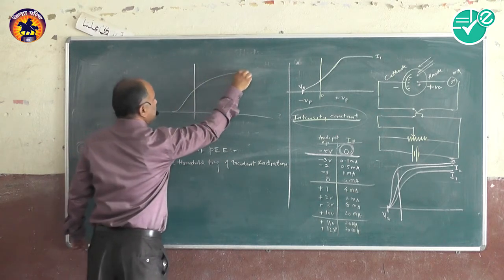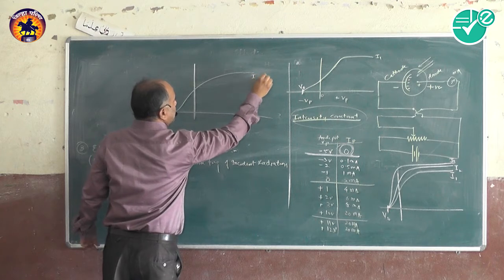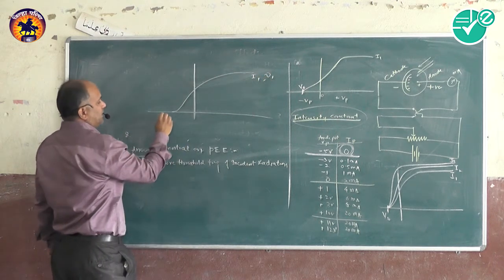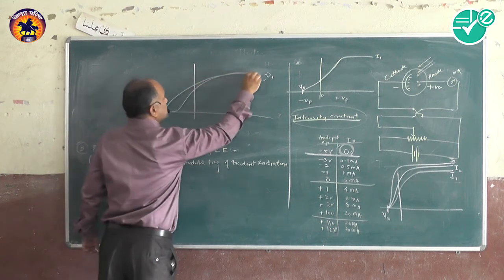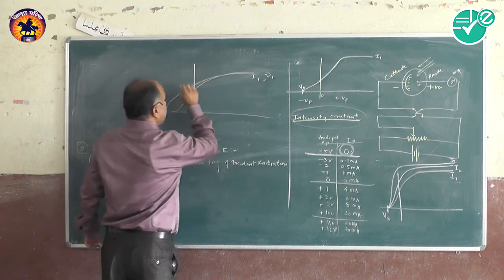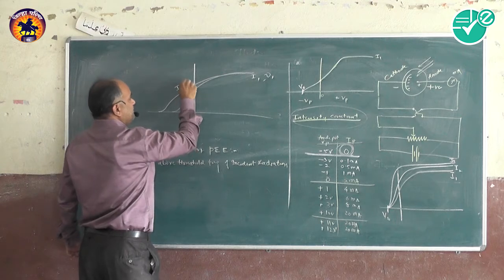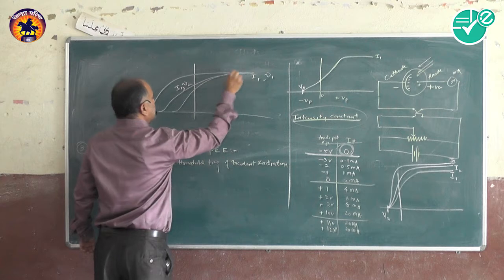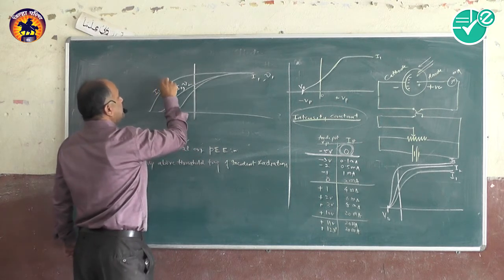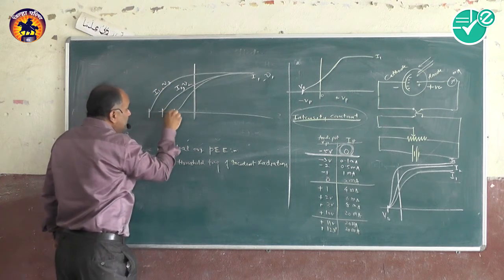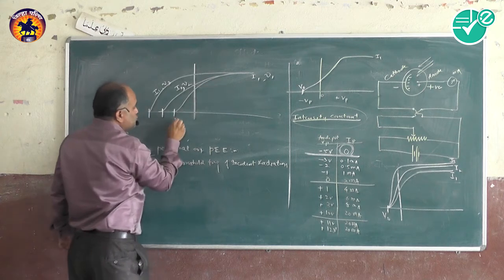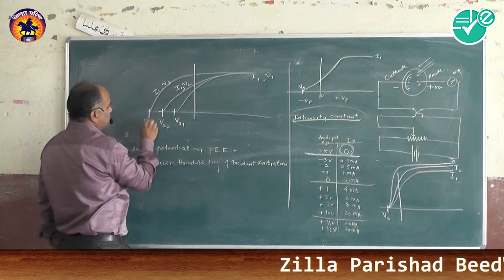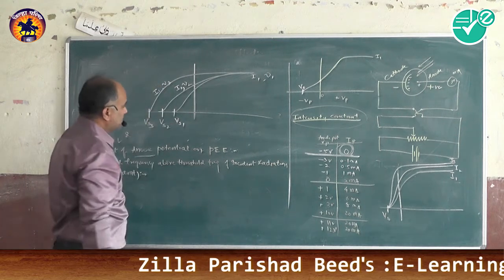This is the stopping potential for the first intensity I1 and frequency nu 1. Now I am changing the frequency only. So the maximum current will be there. This is intensity I1, frequency nu 2. I am changing this for the third one: intensity I1, frequency nu 3. Now for frequency nu 1, stopping potential Vs1. For frequency nu 2, stopping potential Vs2. For frequency nu 3, stopping potential Vs3.